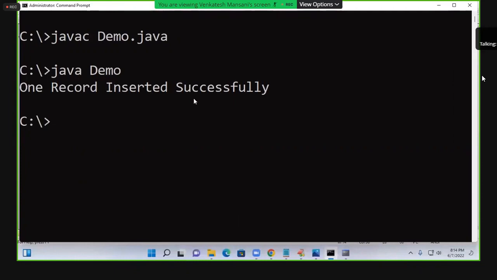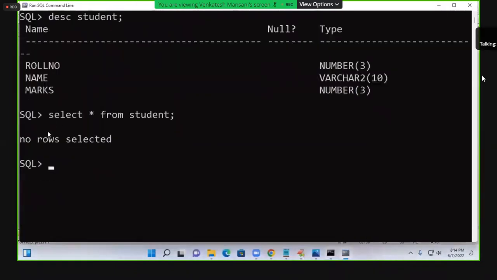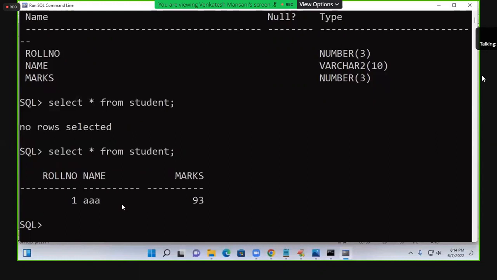SQL prompt, because we cannot open the Oracle database. So I'll open the SQL prompt. Previously what we got? No rows selected. Now select star from student. See what you are getting? One